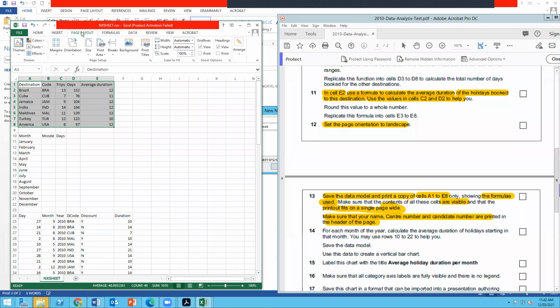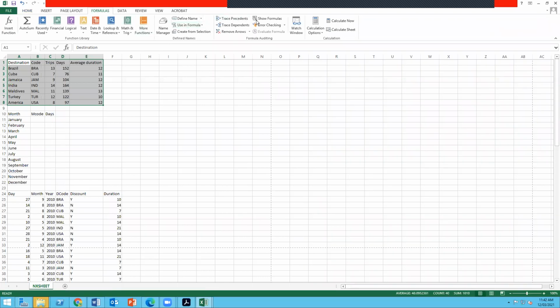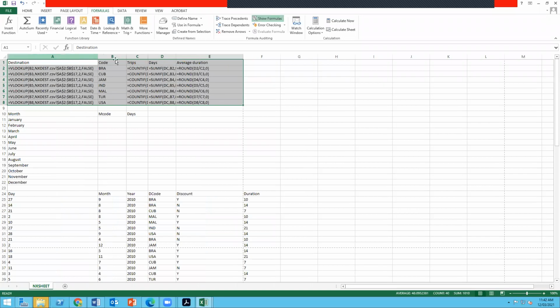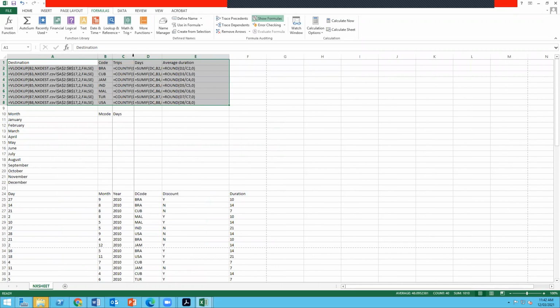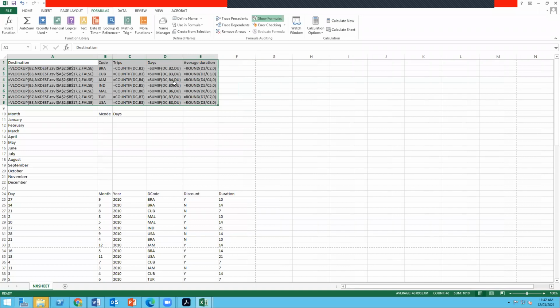Okay, so I'm going to click on formulas, and then there's a section that says show formula. Okay, under formula editing, show formula. So I'm going to click on this. It's going to show the formulas. Then I'm going to click to adjust the full width because they said the formulas should be fully visible. Please note, if your formulas are not fully visible, your screenshot will be negated because the examiner will not be able to mark your formulas to see if it's correct. Okay, so now that I've adjusted the column width by clicking in between the column headers,